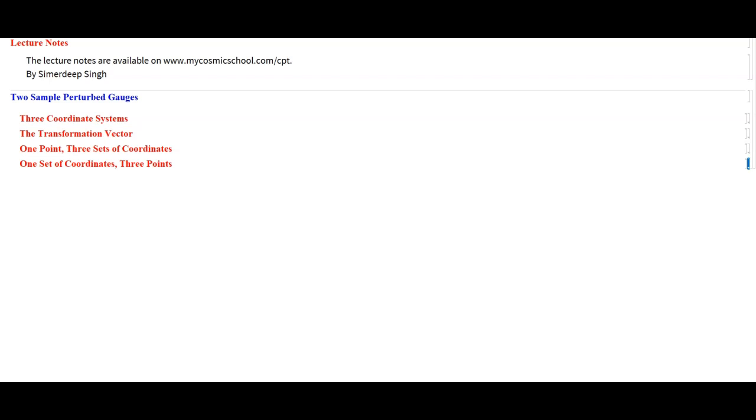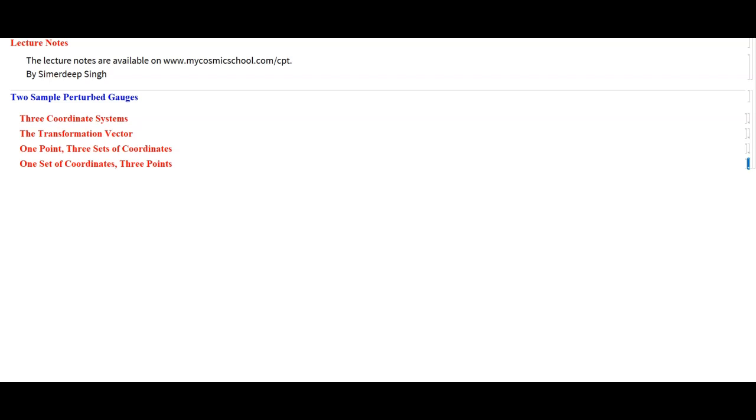We saw that we shall be dealing with many perturbed gauges. Because of the gauge freedom, there is not one fixed perturbed gauge, but there are many perturbed gauges. So this means that we shall be doing a lot of gauge transformations, a lot of transformations for the perturbed quantities that we calculate in one gauge and then transform to another gauge. So we need a framework, a set of equations that we can use to transform the quantities from one gauge to another gauge.